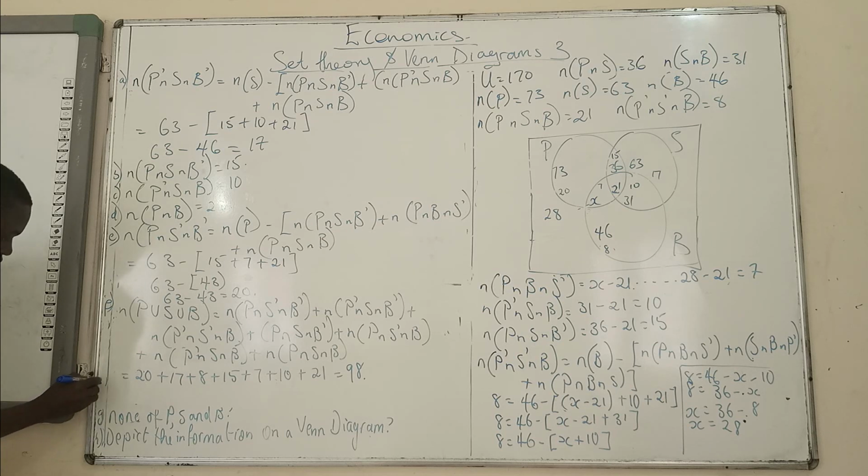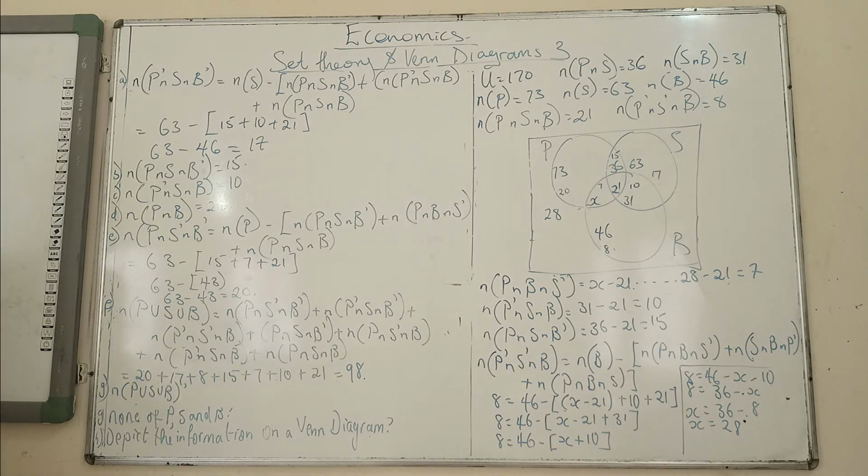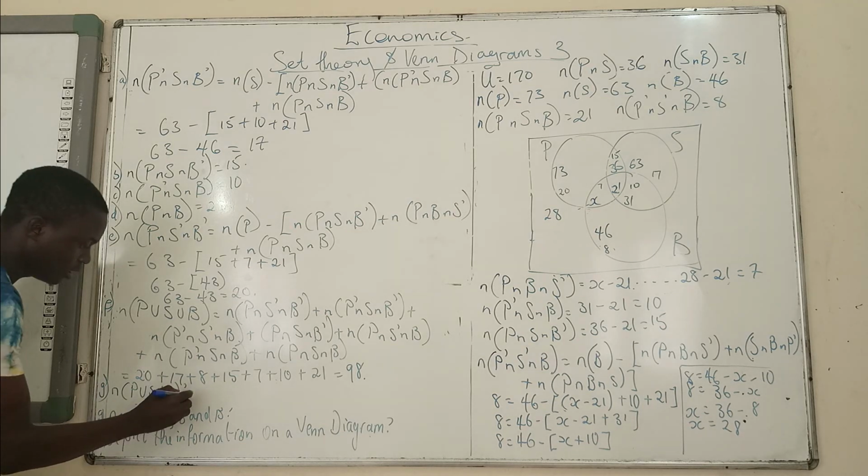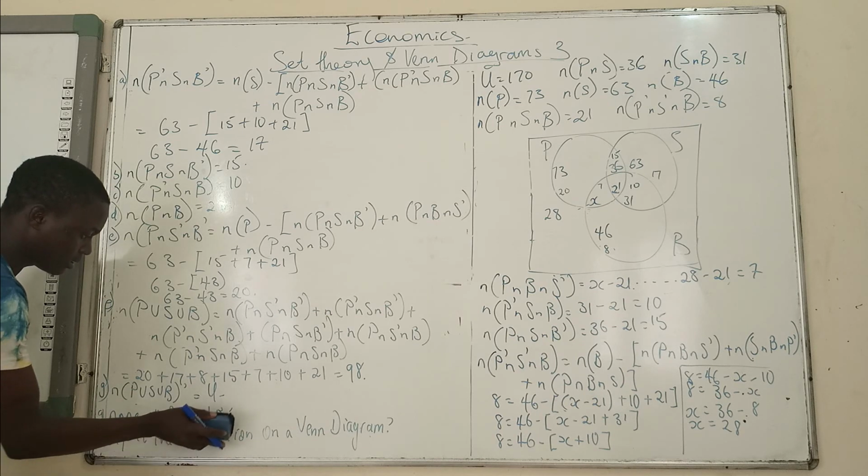None of the schools. So how do we do that? We say the cardinality of P union S union B, then prime. None of the schools means that's going to give us the universal set